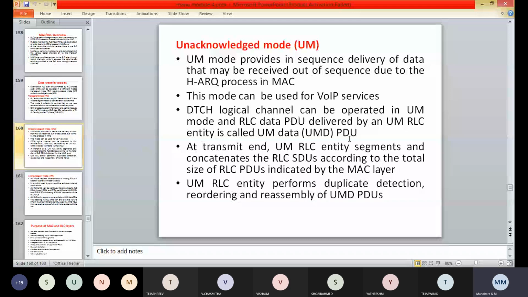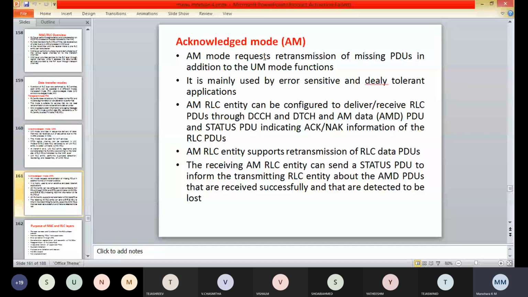Coming to the acknowledged mode, the AM mode is the most complex one, which requires the retransmission of missing PDUs.